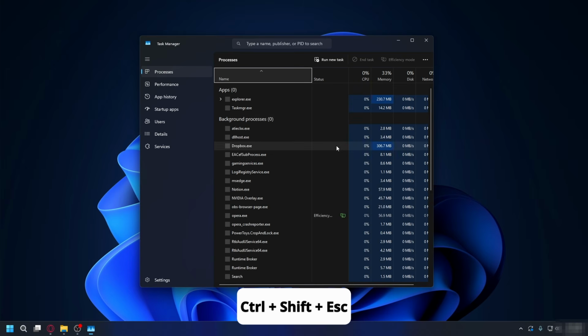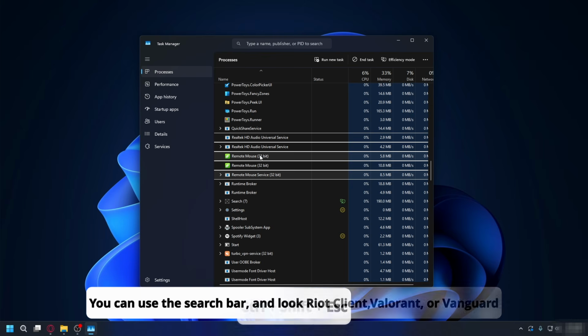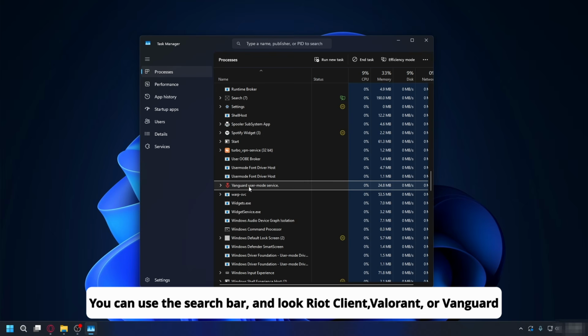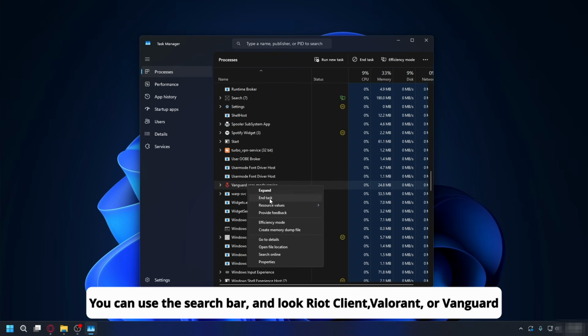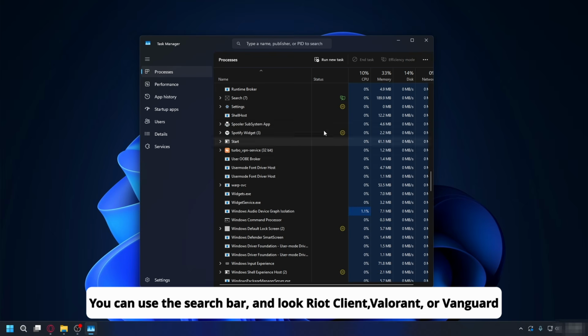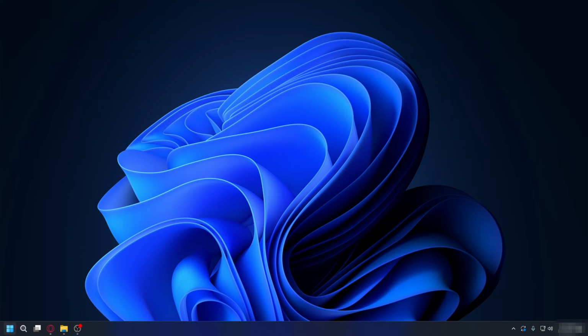So you can press Ctrl+Shift+Escape to open Task Manager, and from here you're going to look for Riot client, Riot games, and when you see one, you can right click on it and hit End Task. After you make sure everything is closed, you can close Task Manager, and now go to the Start menu, type